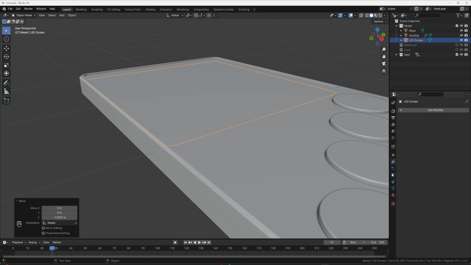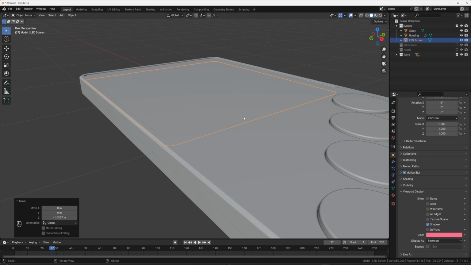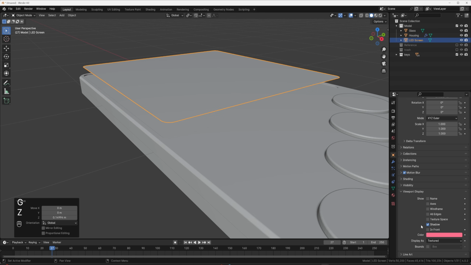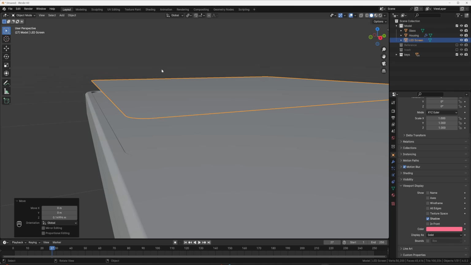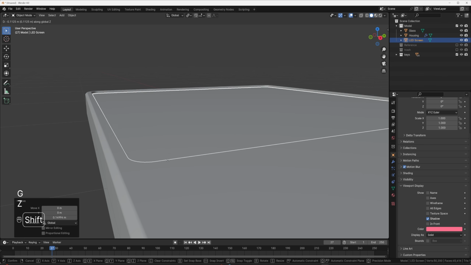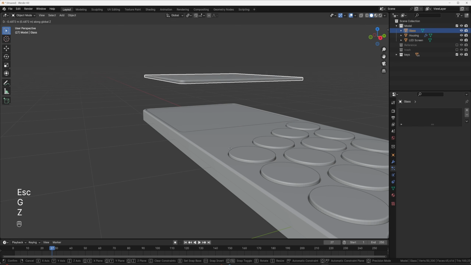A good way to do this is to just go over here to the properties for this in the viewport display. You can change the color of what this appears like. Actually, let's see. It should be here. Here, viewport display. This isn't it. Can't remember where to do it here, but basically I just don't want this to go through here. So I'm just going to bring it right above the place where that line turns darker, and then just bring this down also. Make sure this doesn't have any modifiers.